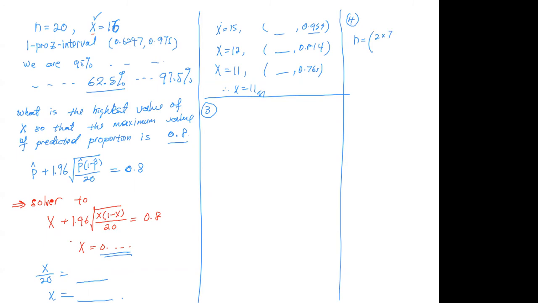Depends on the confidence level that I'm talking about, times by the width square. This is for mean. If for proportion, the formula will be